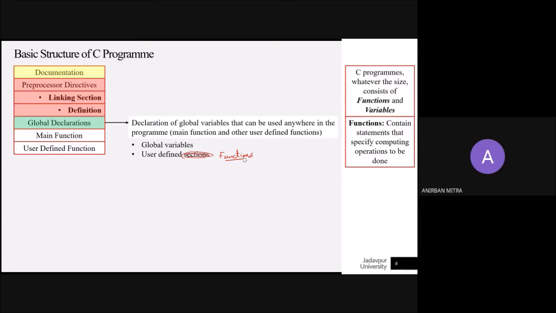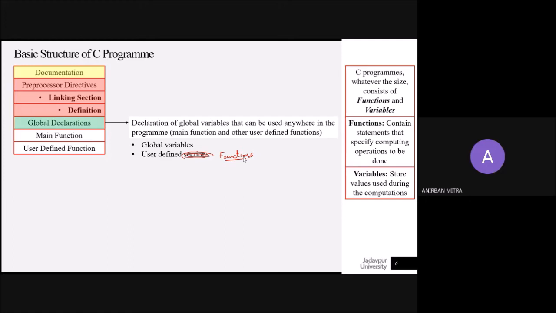These are, of course, computing operations. Whereas variables store values used during those computations. So mainly these two things are required. That is, to make up a C program, you need some functions and certain variables.